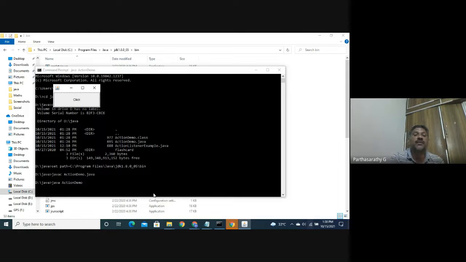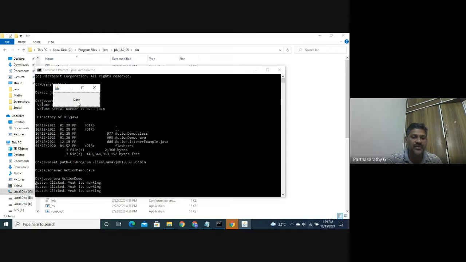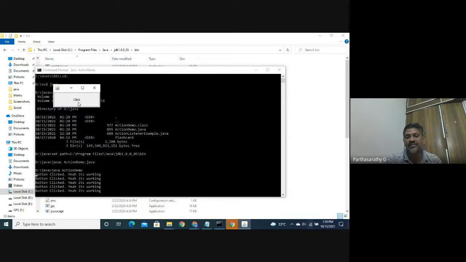Once you run the program, it opens like this. See, this is our screen. In the screen, I placed one button. The button name is Click. Once I click, it is going to call this actionPerformed. In the actionPerformed, I put System.out.println, that is nothing but our console. So now I click. It is going to print button click. Yes, it is working. Whenever you click, it is going to print what we give in our logic.